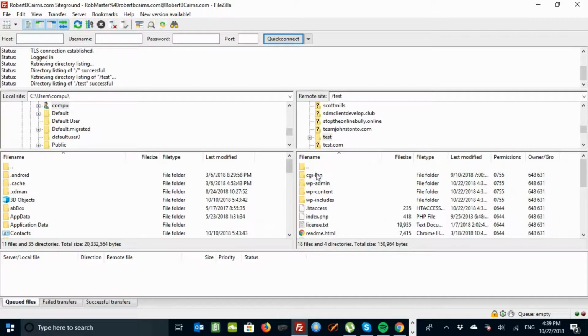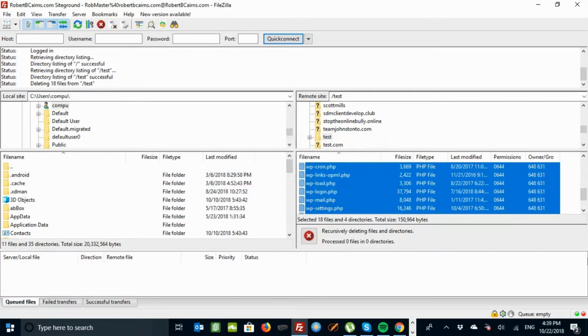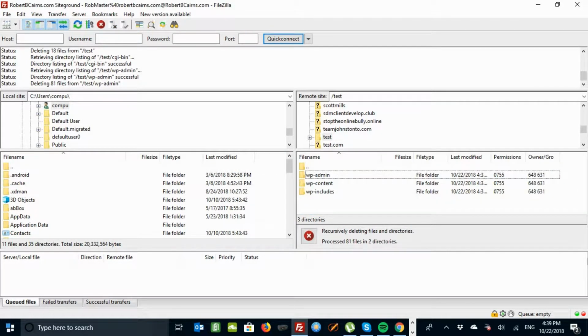and here's the website. So the first thing we do is we want to delete all this stuff, providing we know we have a good backup. So let's just delete it all, and it will take a minute. There's not much on this site, it's just a test site to show you how to do the Updraft Plus